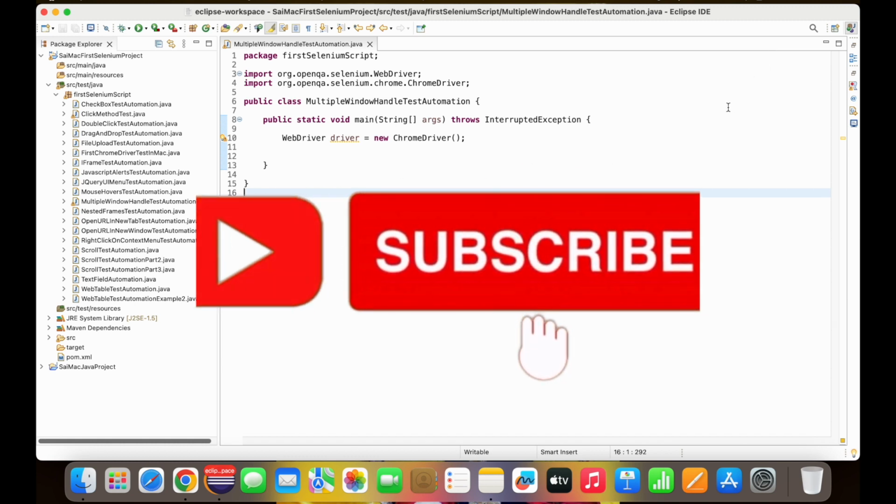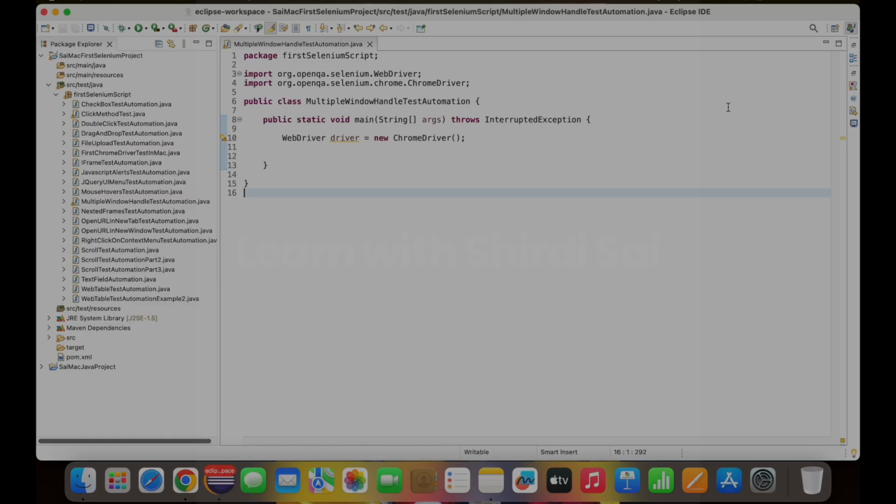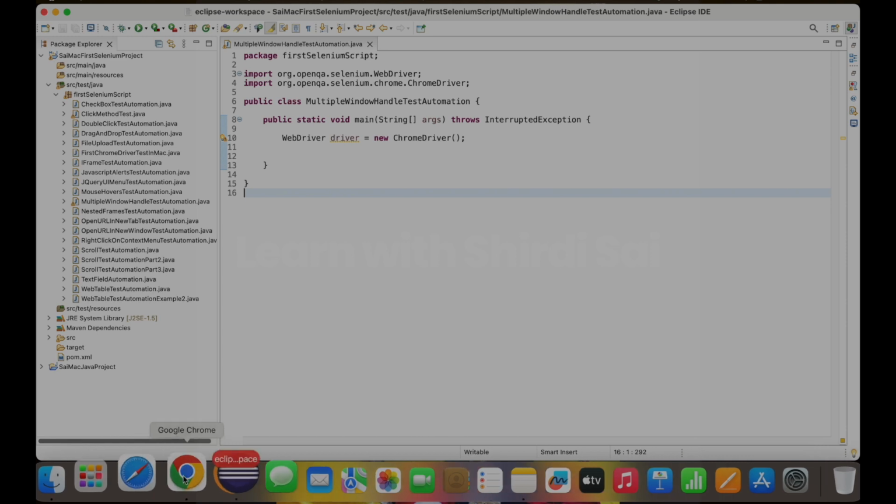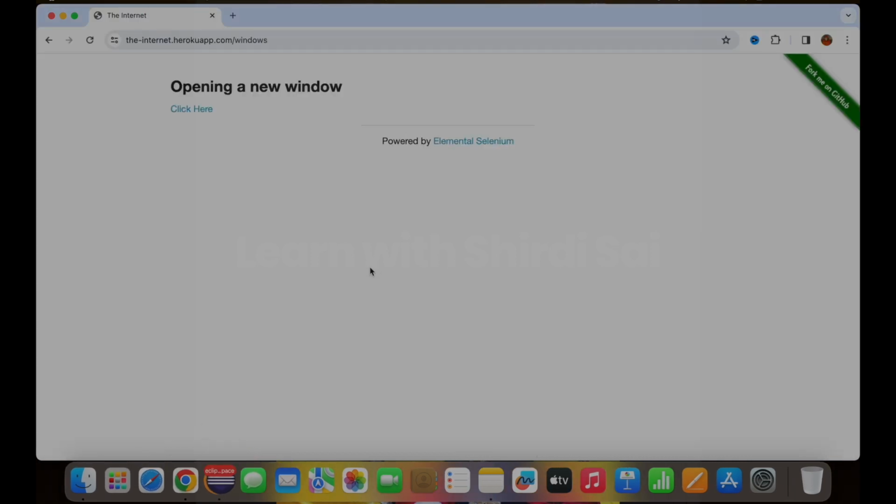In today's video, we are going to see how to automate multiple window handling using Selenium Java. Before we start automating, we will see the page we are going to automate. So this is the page. Here we have a link. On clicking this link, it will open another new tab,